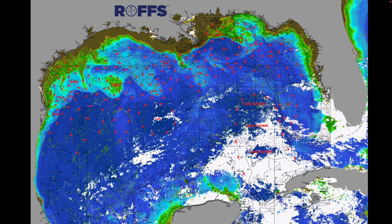Basically, the loop current is still down here to the south, off of southwest of Tampa, St. Petersburg. Still a big eddy in here over the Vernon Basin. A lot of blue water inshore, 20 fathoms off of the southwestern coast of Florida. Good conditions. Main feature in the Northeastern Gulf, you still have a large clockwise rotating eddy centered in the area